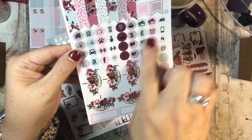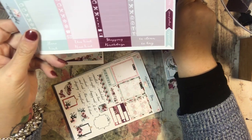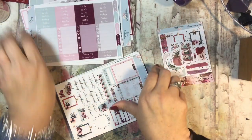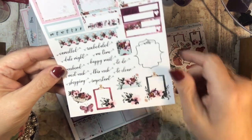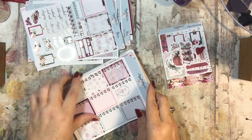Excuse me. And this is super cute with all of the functional stickers there. Same with these, these are headers. And then this one is full boxes and functionals and some decorative. And check boxes,